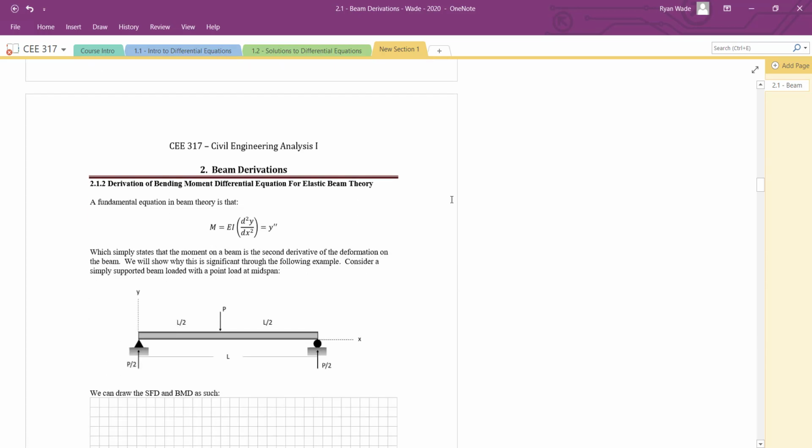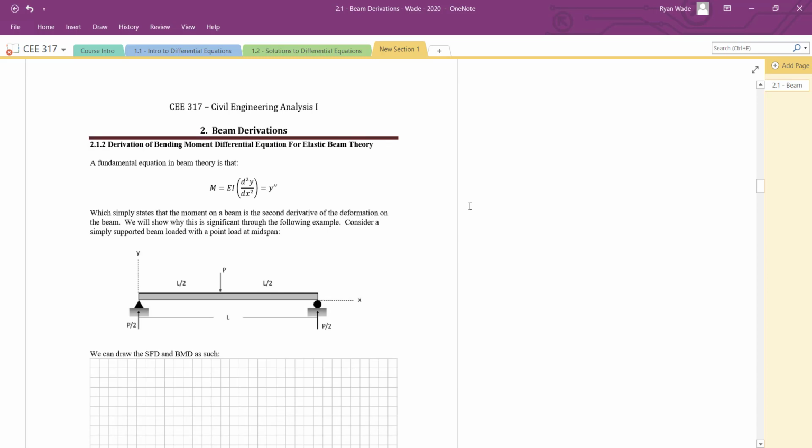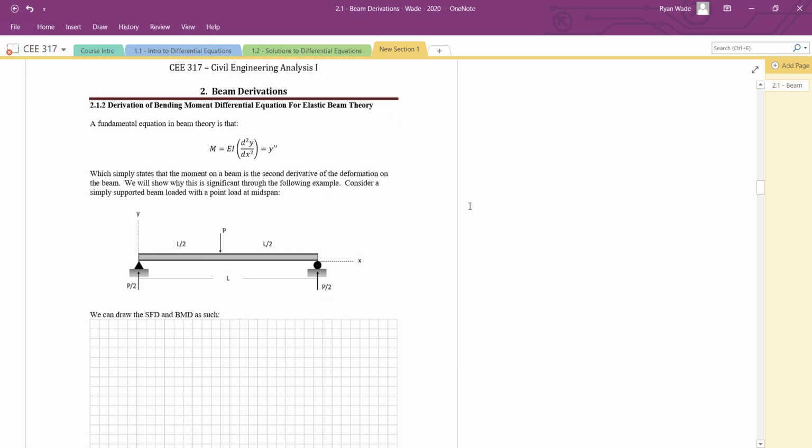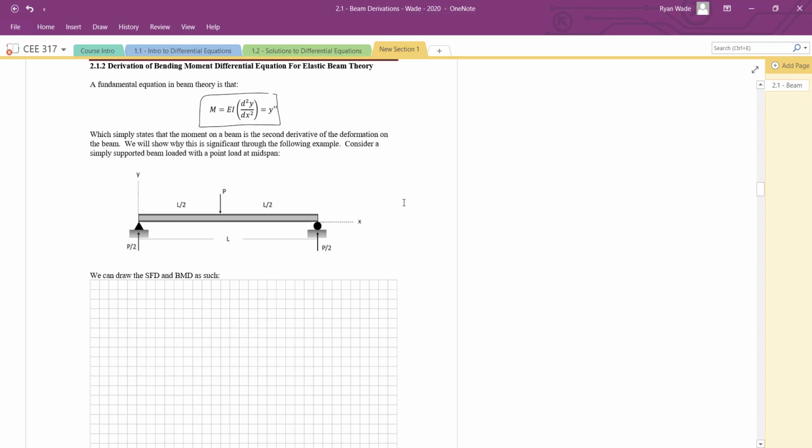So that's what we're going to do. I'm going to derive this whole thing. If we take this term here, we're going to use this to come up with an answer, or what we're going to do for how we're going to derive these things and prove that it actually works. So if we take a simply supported beam with a point load at midspan,